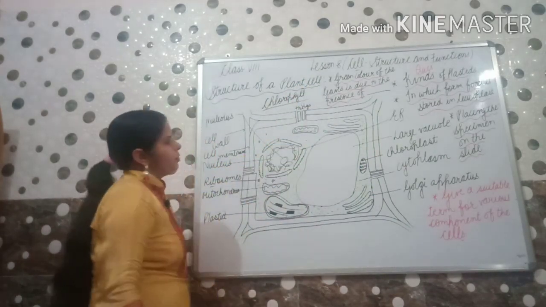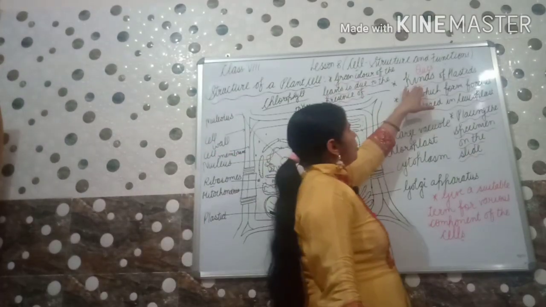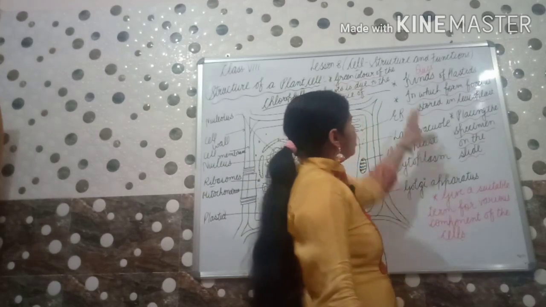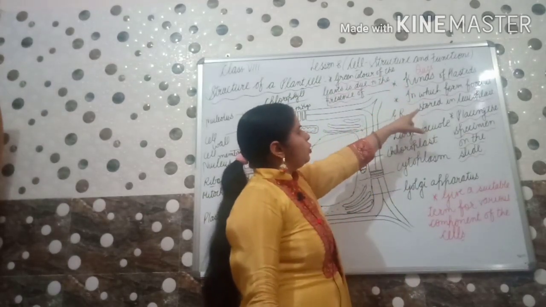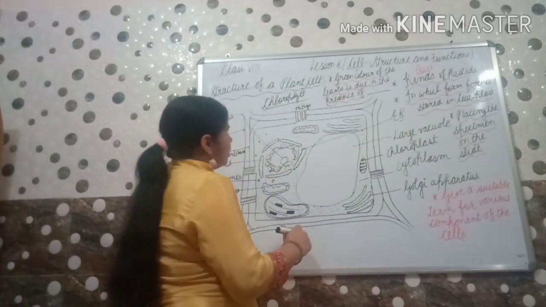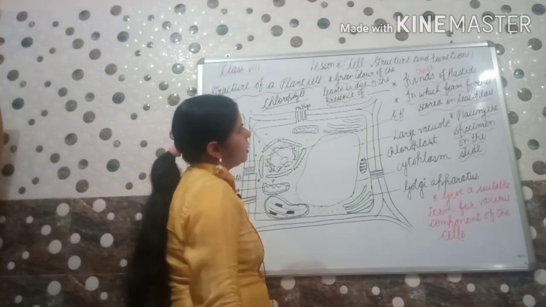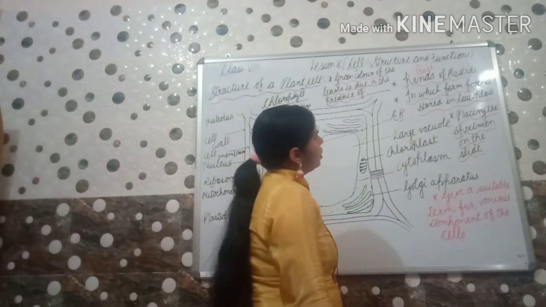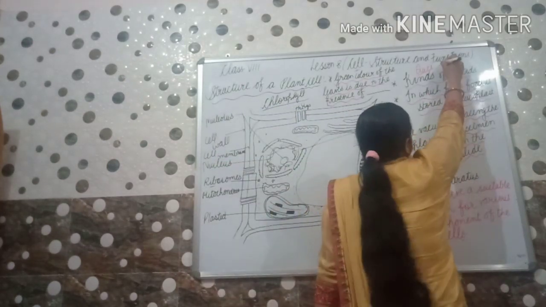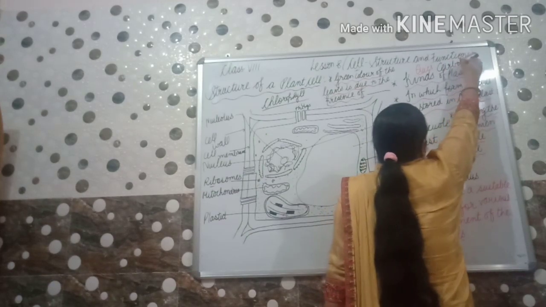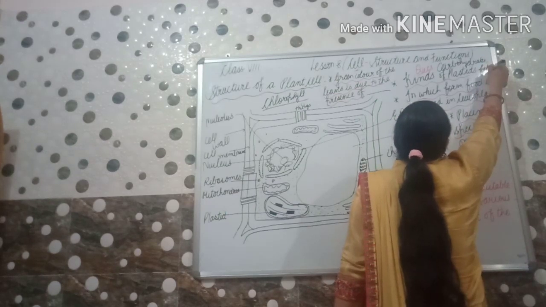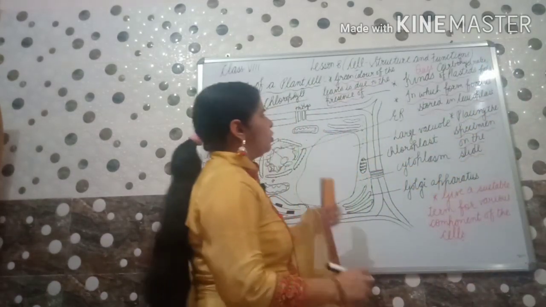Answer is chlorophyll. Next question, in the kinds of plastids, in which form is food stored in leucoplast? The answer will be carbohydrates and fats. In these forms food will be stored here.